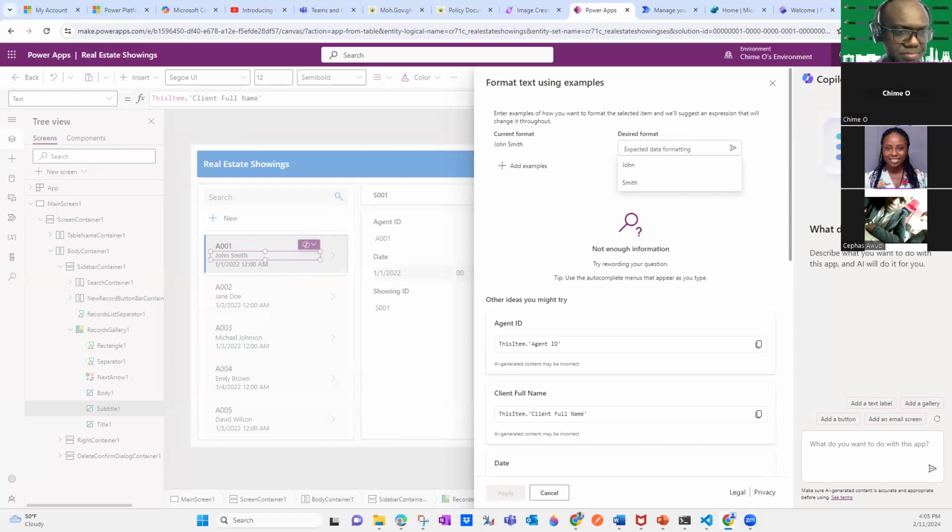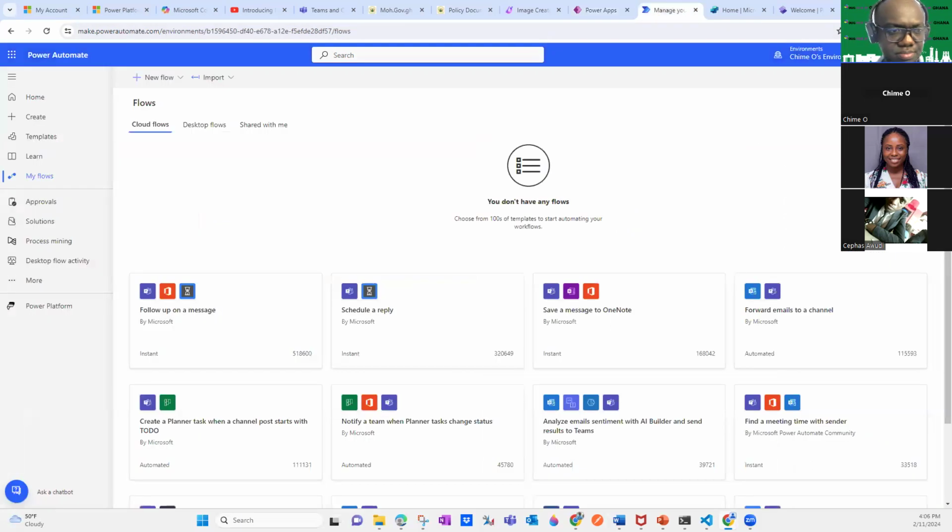Yeah, because of time limitations here, I also want to quickly show you another Copilot that we have in low-code Power Platform, which is our Power Automate. So Power Automate is the ability to automate processes. In this case, I can say, for example, I want to create an approval. This is my Power Automate Studio, so I can go ahead and create automations.